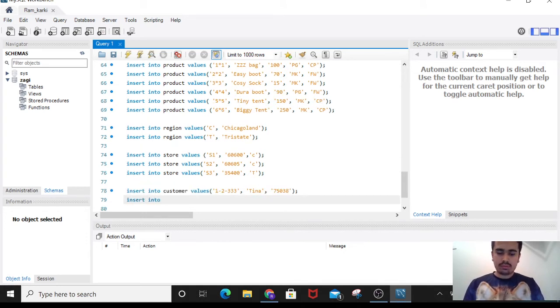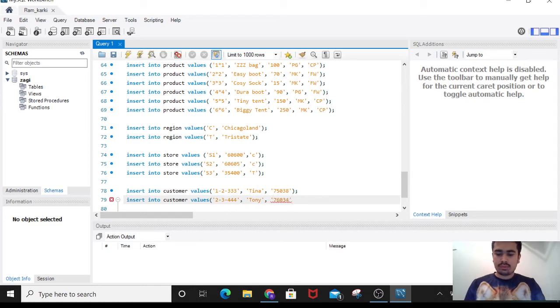Insert into customer values 2-3-444, comma, Tony. Okay, this way, comma, and then